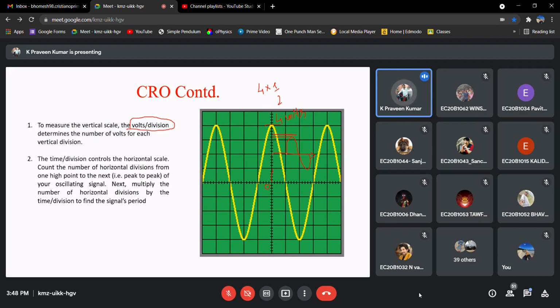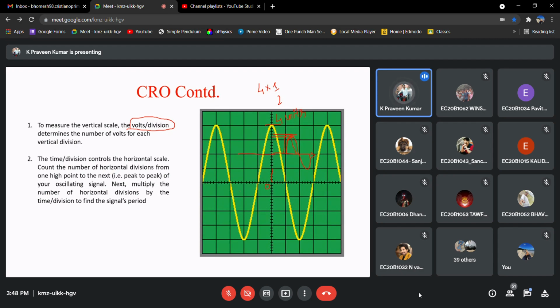And one more error that people make, I want to mention. See here, if you observe, this signal is exactly meeting this line at 1.2. Let us say another signal exactly meets this 1.4, right? So now what I can write is the number of units covered, 1.2 unit and 1.4 unit.